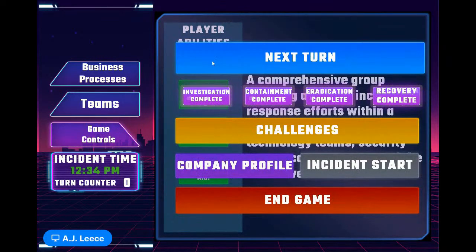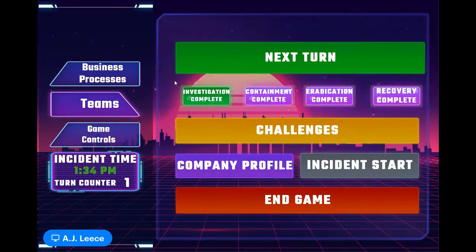Now, one of the things we like to do is keep tabs on how long things take in incident response. Back to the how do you measure effectiveness? We can keep an eye on how long things take. So yeah, that was a 2-minute challenge. If it took somebody 10 minutes to go figure out that answer, as opposed to just either having it right at top of mind or something documented, we can factor that in. So right now, this turn counter is just simply 1 hour of time, but we can get really flexible with